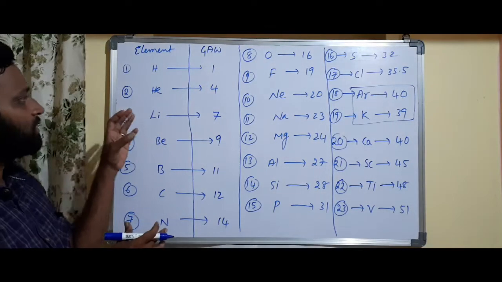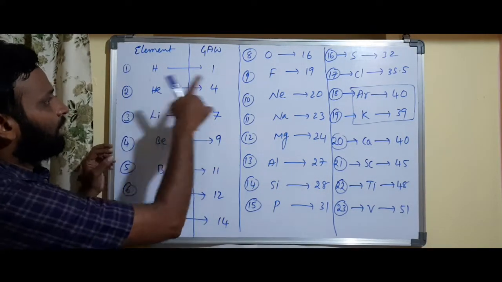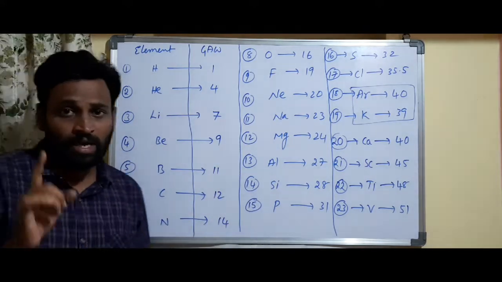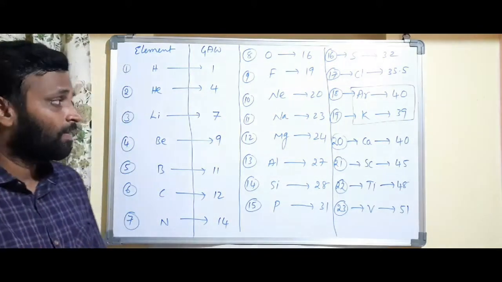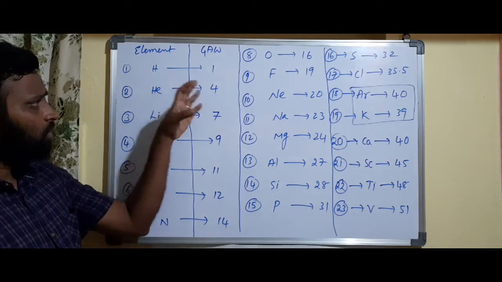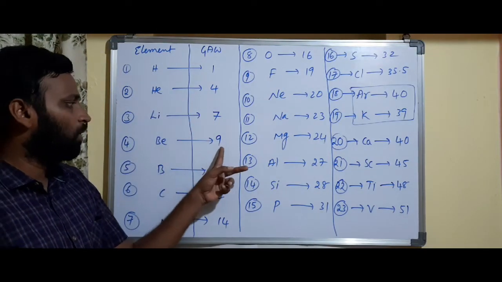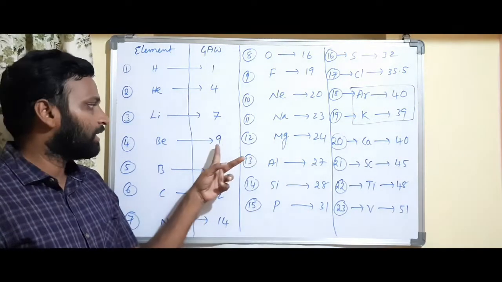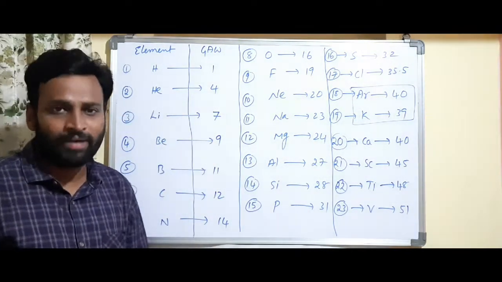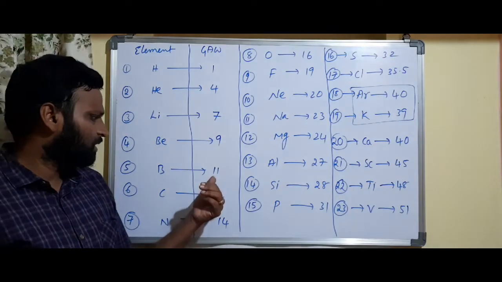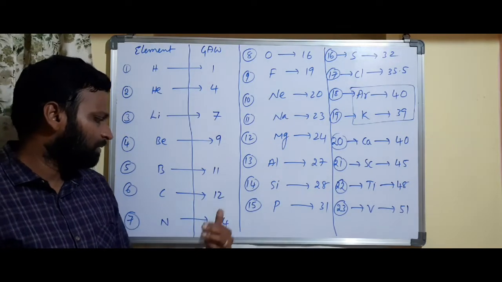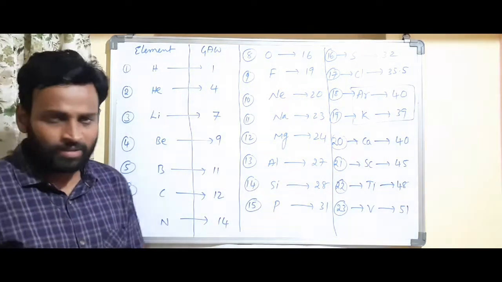So just take a screenshot or pause and write down all these atomic masses. And I am repeating, these values are approximate and not exact. Beryllium is 8.9 something, so approximately I have written 9, just for remembering. And it is the same here, 11 point something, so 12 point something actually. Getting what I am saying?